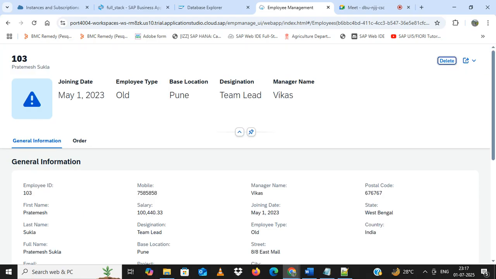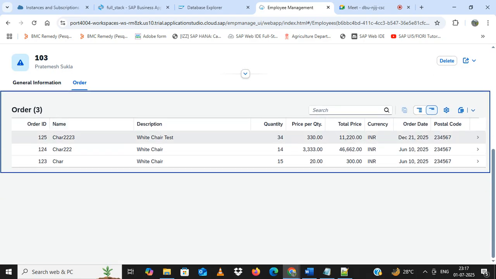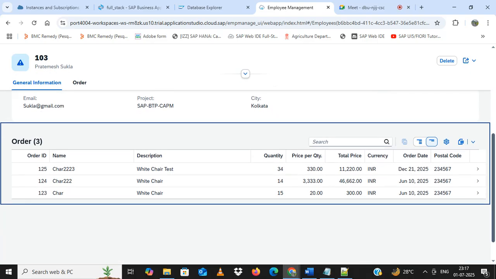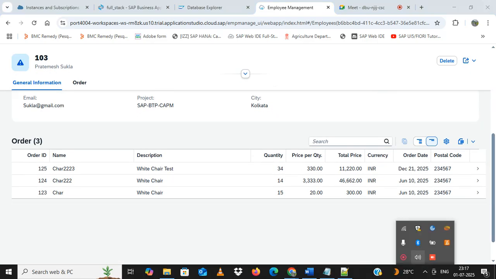Guys, can you see? We got general information, and we got each and everything. Now go to the order, and here we got description, quantity, price per quantity, total price, currency, order date. This employee 103 is having 3 orders, so that's why it is coming now. Now everything is done. I think it's enough for today. Now let's connect